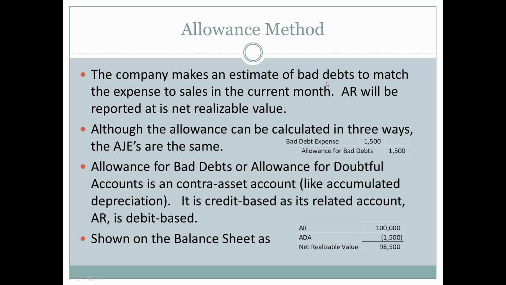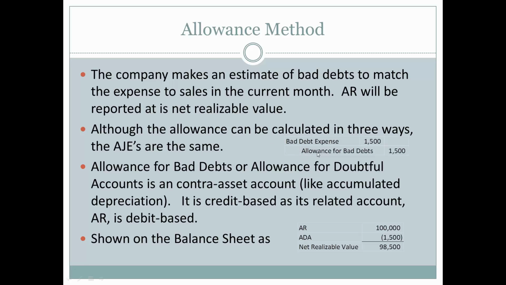The company makes an estimate of bad debts to match the expense when they use the allowance method. So now we're looking at the allowance method. So now the company will make an estimate of bad debts to match the expense in the current month. The accounts receivable will be reported at its net realizable value. Although the allowance can be calculated in 3 ways, the adjusting journal entries are the same. It will be bad debt expense, and now instead of writing off a specific account for the accounts receivable,